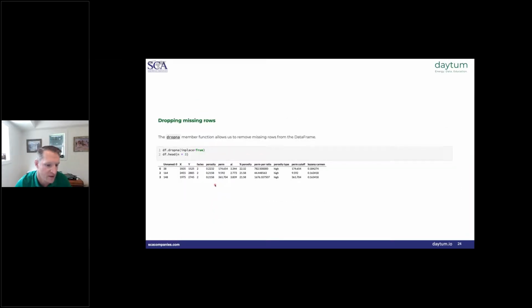There are built-in functions for dropping rows with missing data. It's not often that we want to just get rid of the whole row, because even in this example, even though the porosity value was missing, all of the other values were there. And so it's likely we would not want to drop that row completely, but rather replace that missing value with something else, like perhaps the average or the median of the column. And there are built-in functions for doing those kinds of operations. In the lingo of data science and machine learning, that is called data imputation, deciding what to do with missing data. In this case, we're just going to drop that row.